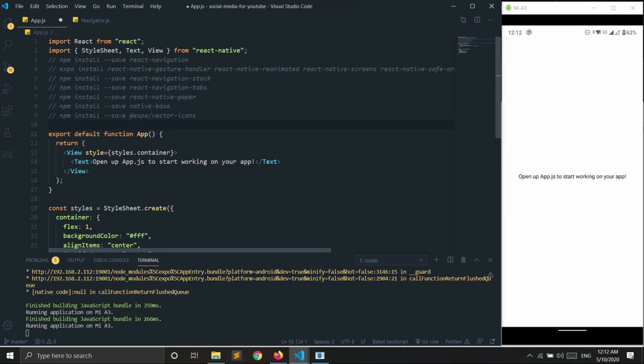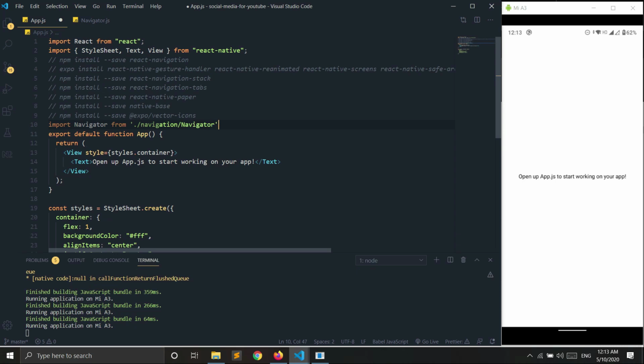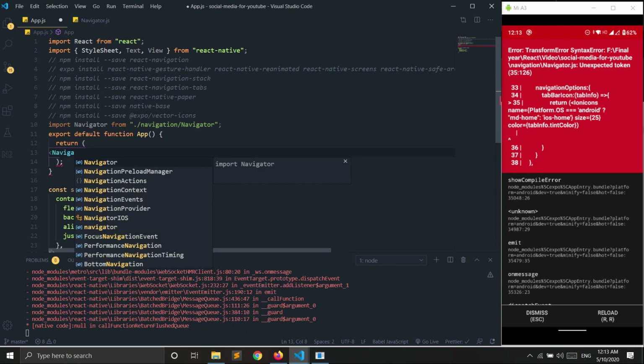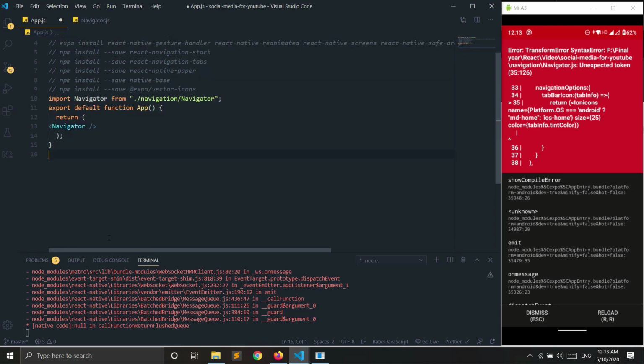Here you can import the navigator from navigation/navigator and simply return the navigator, and we don't need any styling here.